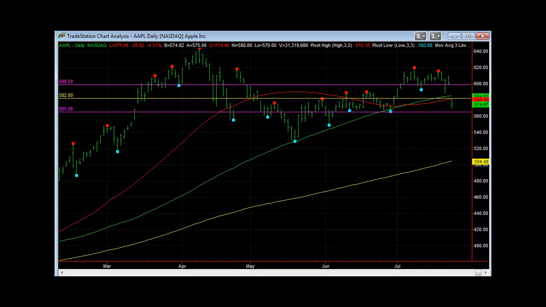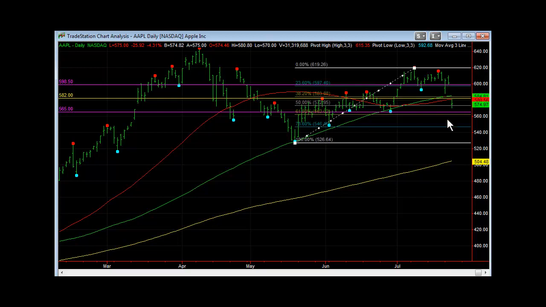So let me show you that real quick. Let me get my drawing tool here, Fibonacci levels, and I'll show you that real quick, give you some other ideas on what potentially can happen here. So take your Fibonacci tool, put it at this pivot low here, extend it up to the high, and you can see here this is the